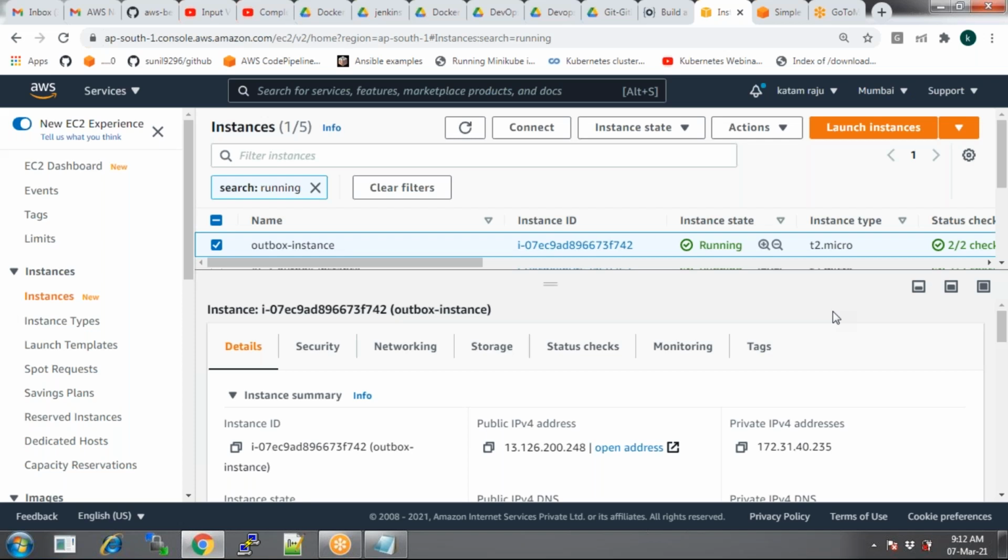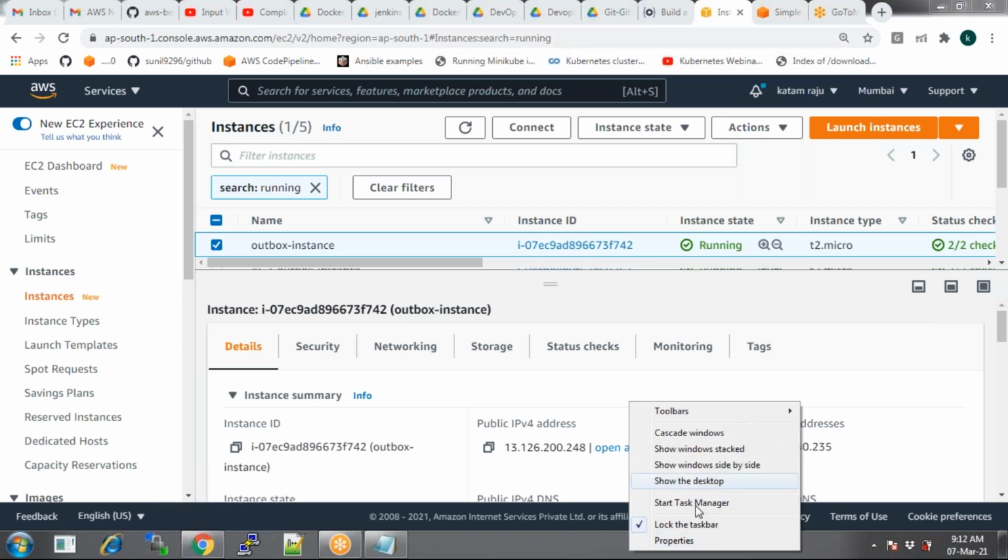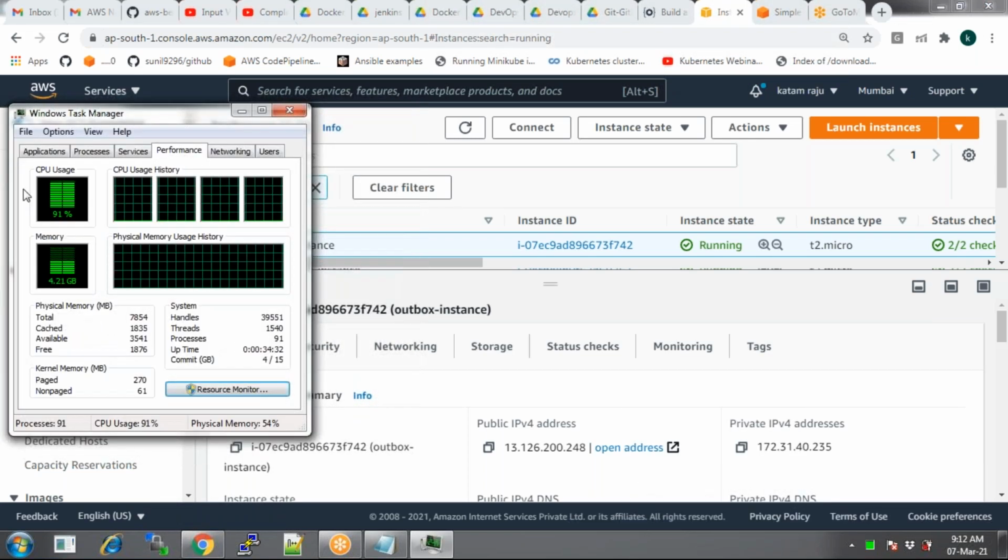When I say CPU, did you ever see the Core i3 processors? What is your system configuration? What do you mean by i3 or i5? We have 3, 5 processors. Yeah, that means you have multiple CPUs. When you monitor your system through the taskbar, do you see multiple CPUs over here?